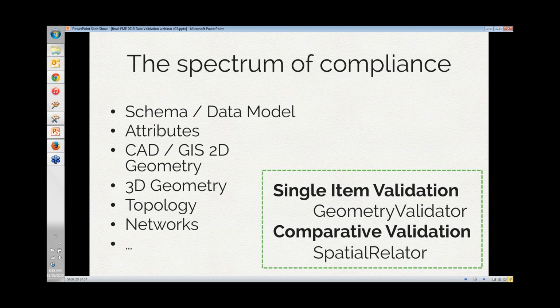So it's quite a spectrum of tools that you can put together in FME for the data validation. And then the other side of validation is individual item validation, and in the geometry context that might be the geometry validator transformer that we have in FME. So that does geometry validation on individual geometries, like does this geometry have a self-intersection or duplicate points or something